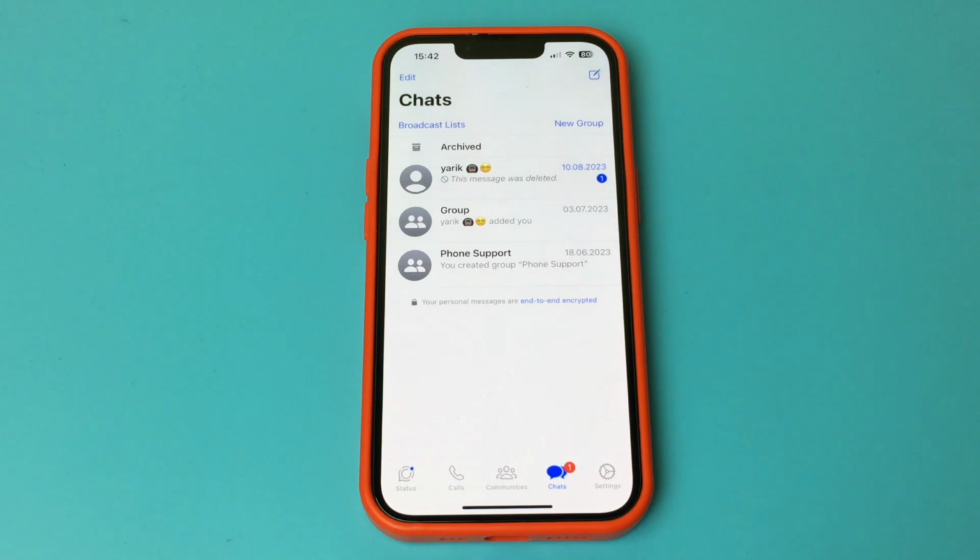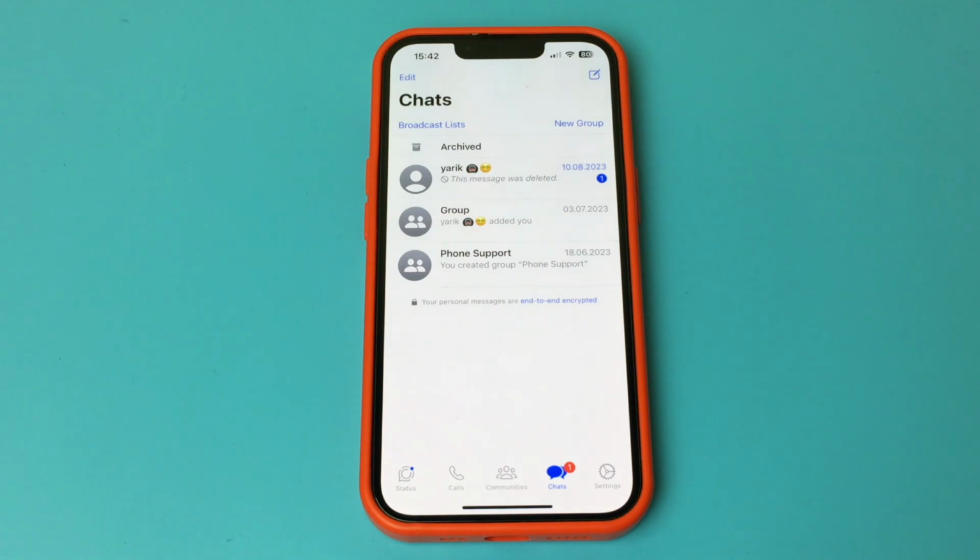Thank you. In this video, I want to show and tell you how to back up all your chats in WhatsApp. That is, you will be able to save a copy of all your data, and then when you log back into your account on another device or this one, it will be saved. How do you do this?